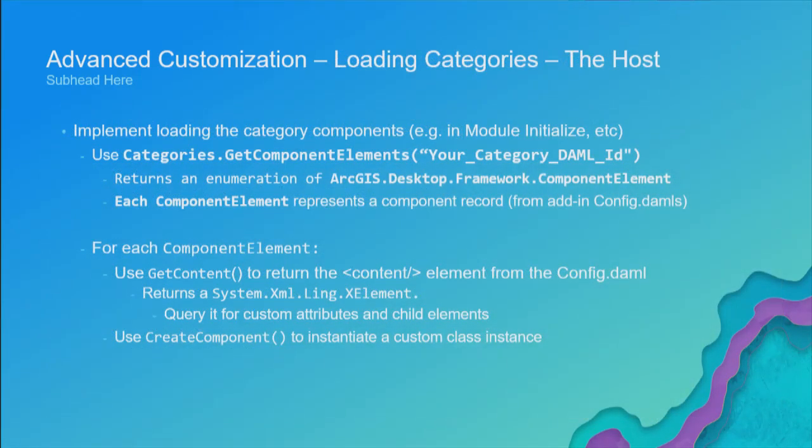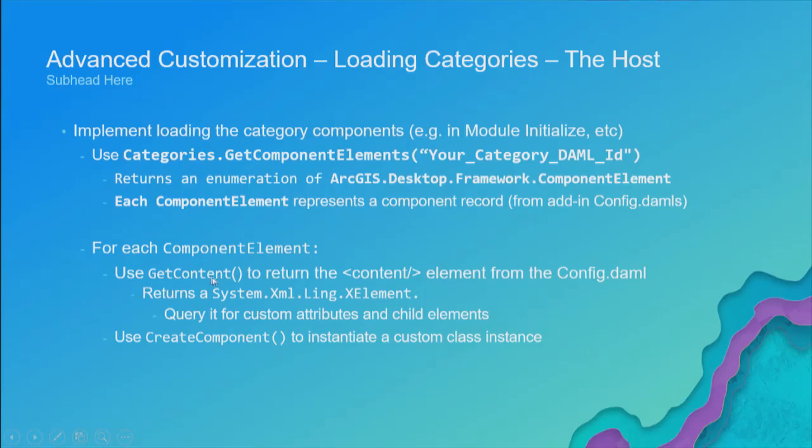So in the host add-in, probably in the module initialize, that's where you're going to read your category to see what is registered in it. And you will call categories.getComponentElements with the ID of your category, test categories. You're going to get an enumeration of all the component elements that are registered in your category in the respective config.damls that were found on a given system. Then for each component element,